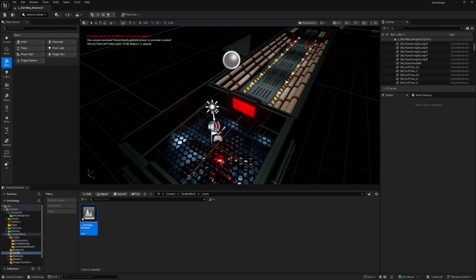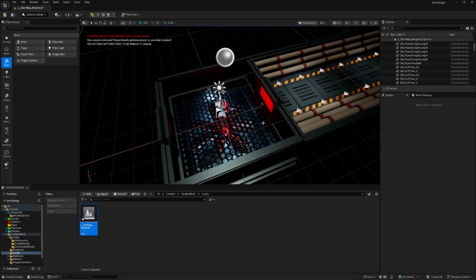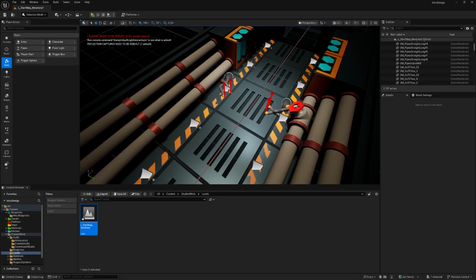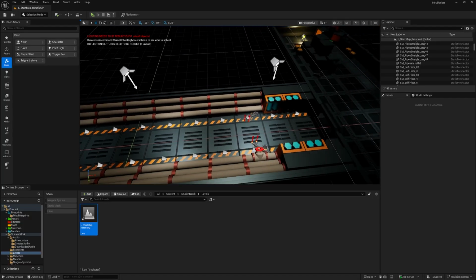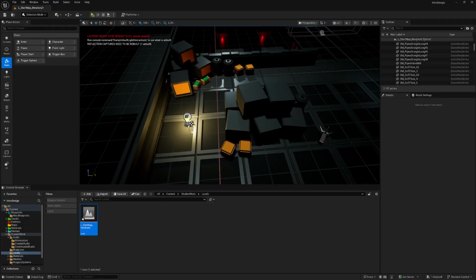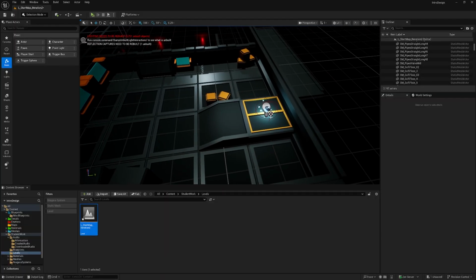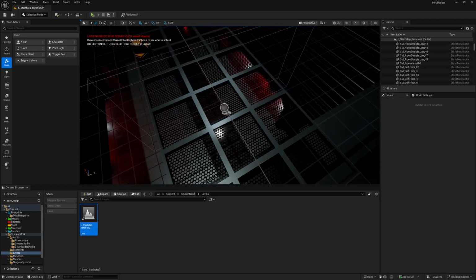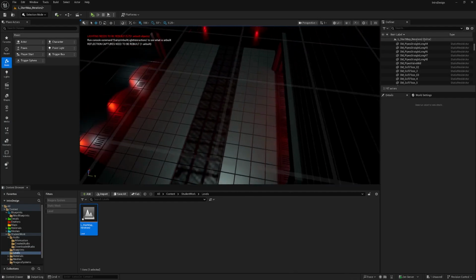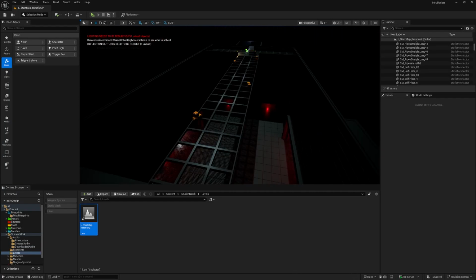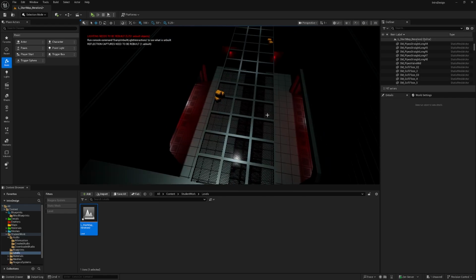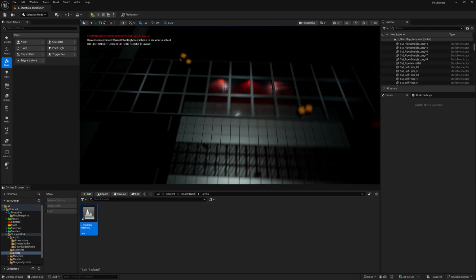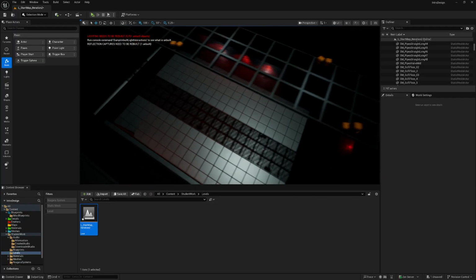Now I'll just do a quick flyover of the level, but we'll play through this shortly. We've got some fans that move underneath the floor, some pipe rooms, some wires that spark, a little bit of decoration in this room. I've moved the shield pickup into here just to give it a little bit of narrative. I wanted to experiment with verticality, especially for a twin stick shooter, so I decided to have this sort of bridge over an open space,